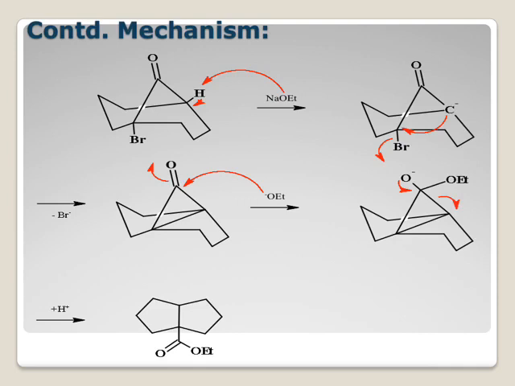So you will get a new carbon-carbon bond formation. So we get this cyclopropanone intermediate. Then ethoxide ion, which is a nucleophile, will attack the carbonyl carbon and oxygen will acquire negative charge. We get this intermediate. And now here you can see there are two 5-membered rings which are fused together.